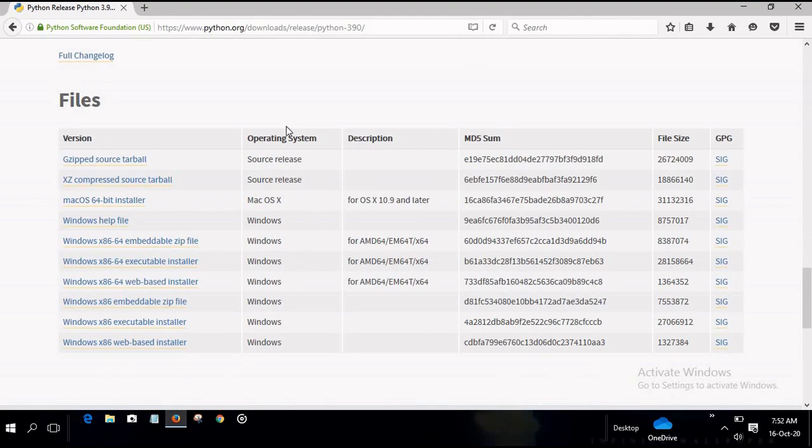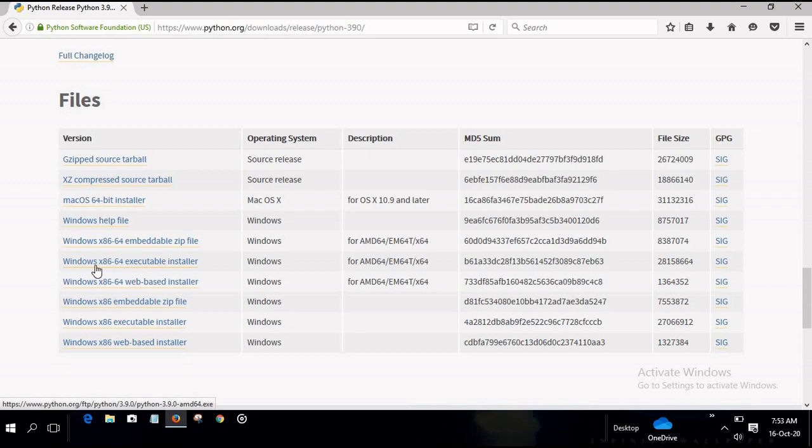If your operating system is 32-bit, click on x86 executable installer, or if your operating system is 64-bit, then click on x86-64 executable installer.